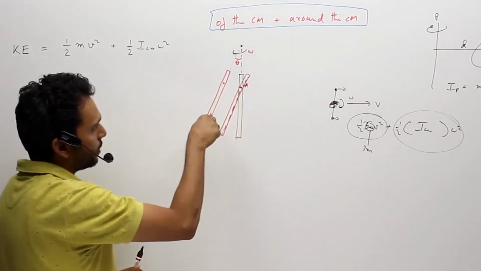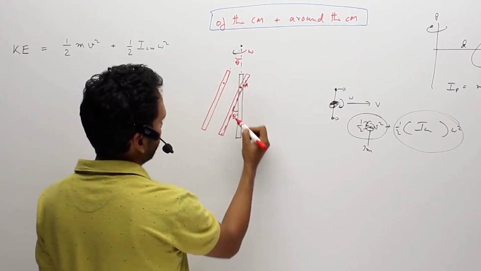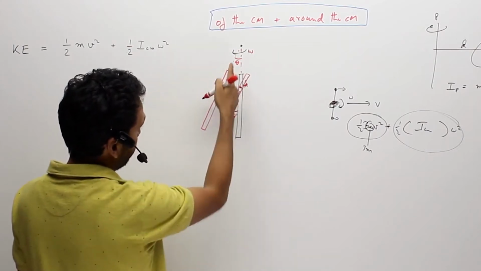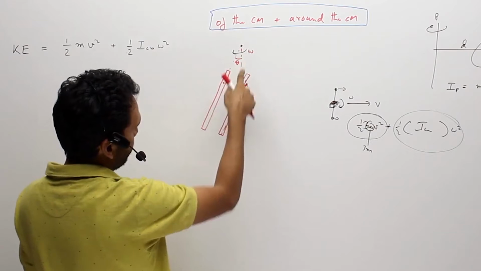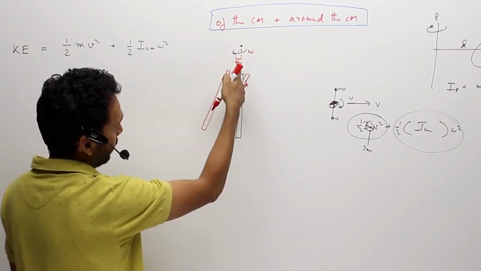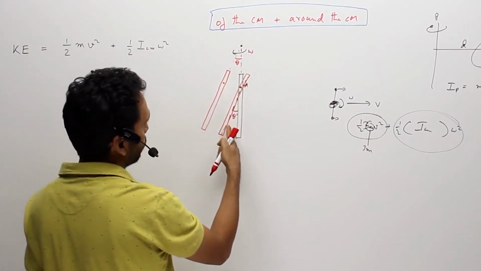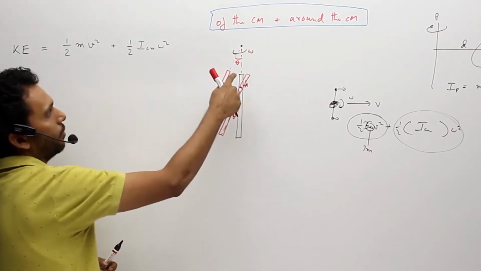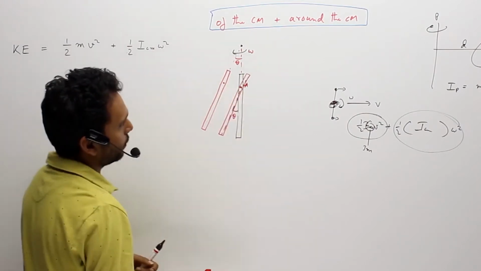Now, how much angle has it rotated? Is there any link between this angle and this angle? Say this is theta dash. So what do you think? This theta dash and theta, is there any link? This line is parallel to this line. So what we see is with the vertical, this line was making angle theta. Now with the vertical, this parallel line must be making the same angle theta. So theta dash is nothing but theta. So in t time, it has gone theta. In t time, this A will think that the rod is rotated with theta.